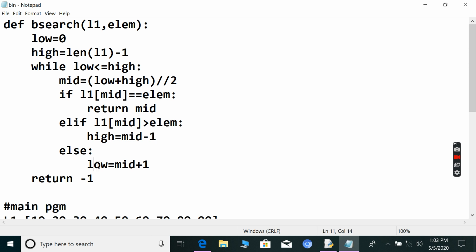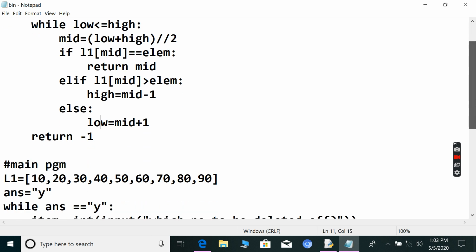Else you set low equal to mid plus 1. So if the number is greater than the mid element, then mid plus 1 will be the new low, and the right part of the list will be searched. From there you are going to search that element.